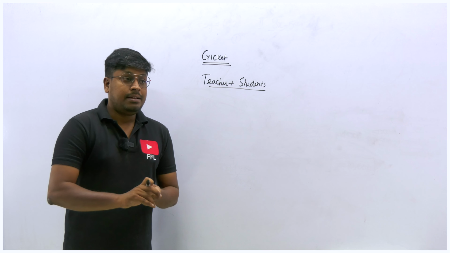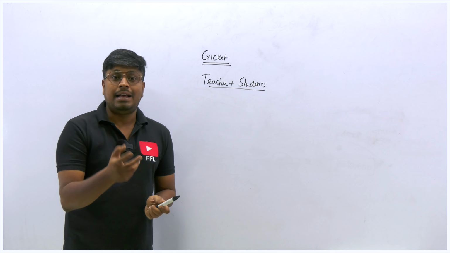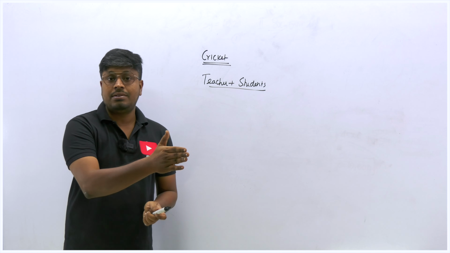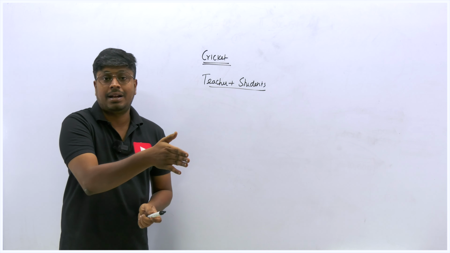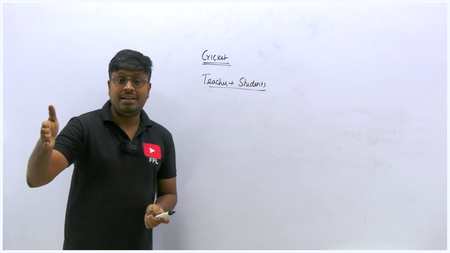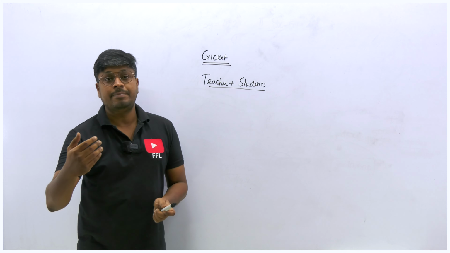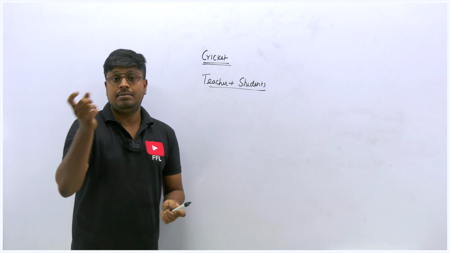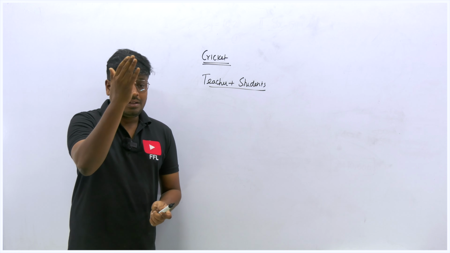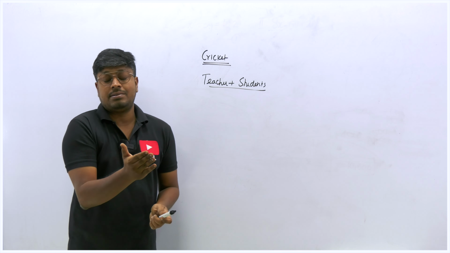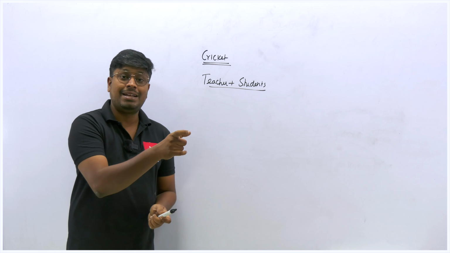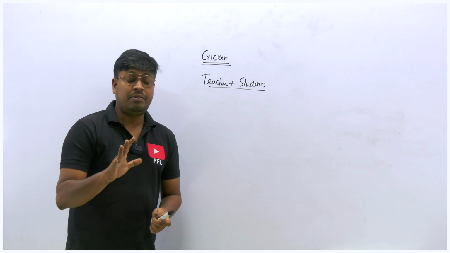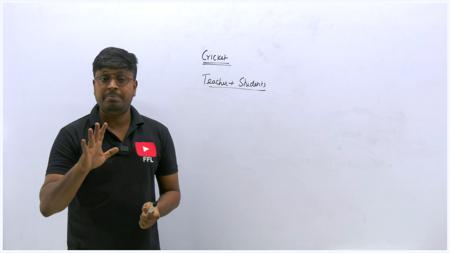For example, there are 30 students in a class and the average weight is this much, and then a new teacher enters the classroom. Because the teacher entered the classroom, the average has increased or decreased. So what is the age of the teacher? Or the overall average decreases, so what will be the age or the weight of the teacher? Those kinds of questions you can usually see in the prelims exam.